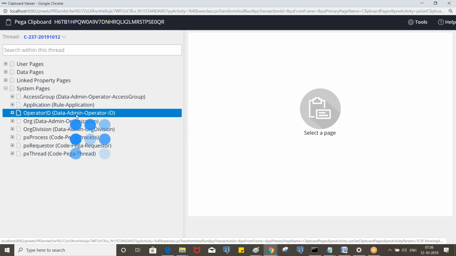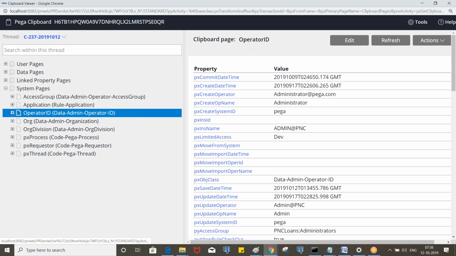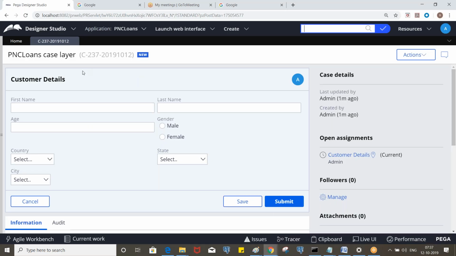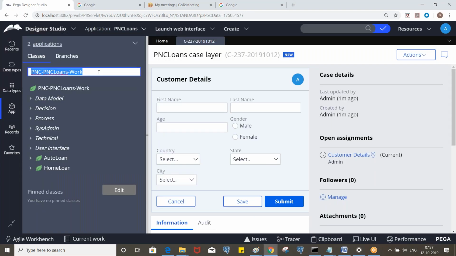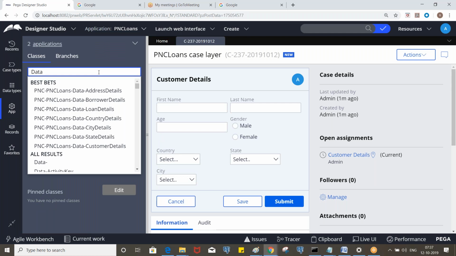What is that? Data-Admin-Operator-ID. We can create multiple operators, right? Every time you create an operator, that will be stored in some database table, the one connected to this class. Let's say I don't know the table for this. How can you find it? You type Data-Admin-Operator-ID here, or you can search also.